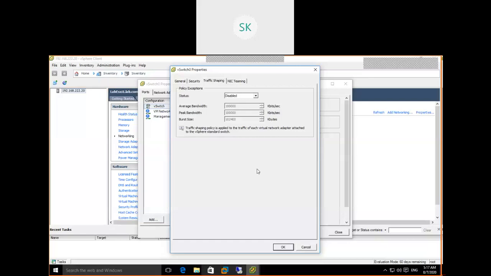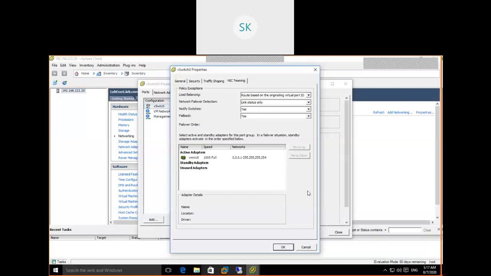Okay, click on NIC teaming. What is NIC teaming? NIC teaming is nothing but the virtual NIC adapter. How many NIC adapters are available in my ESXi host? We call it redundancy. What is redundancy? If one port, one network card, is having a problem, what is going to happen? The entire traffic of my virtual machines, my virtual servers, I'm going to deploy 10 virtual servers